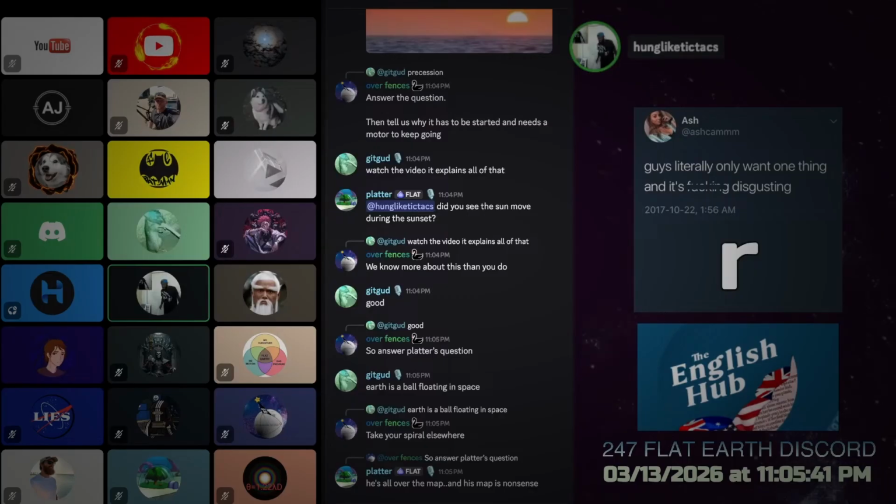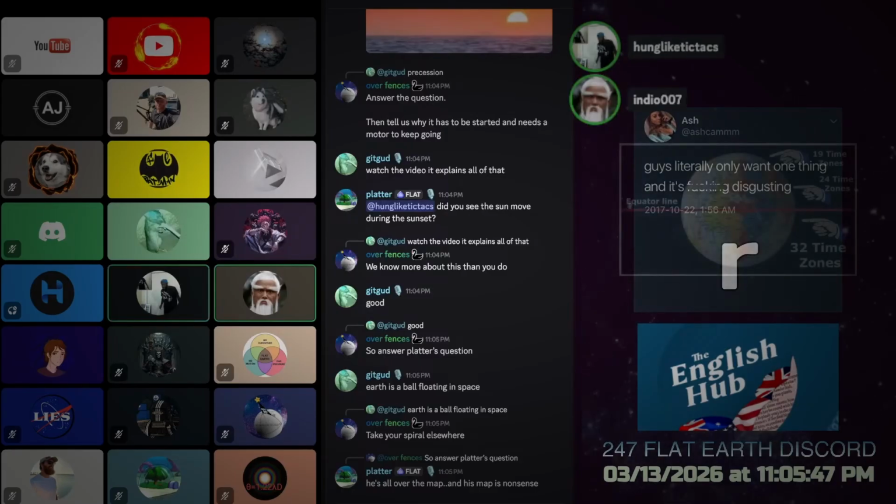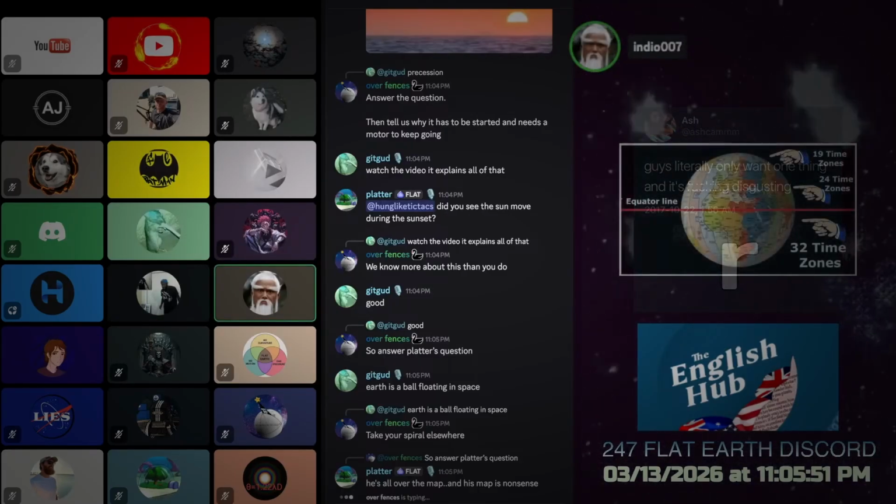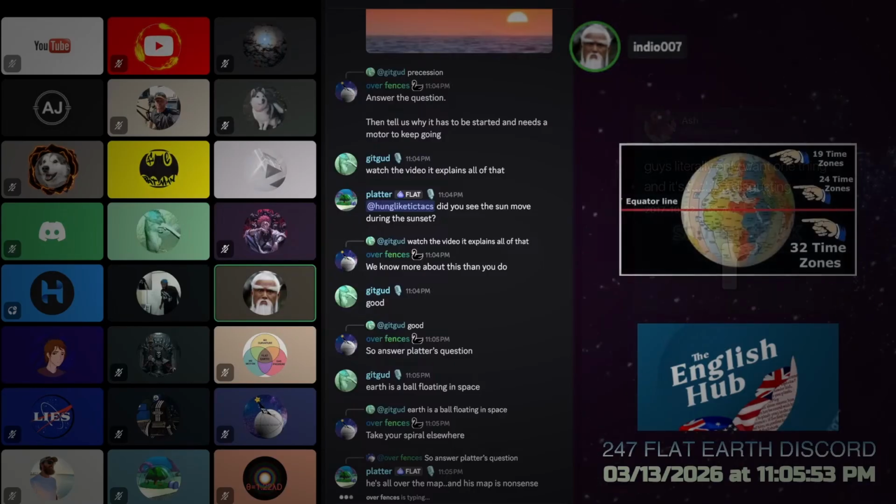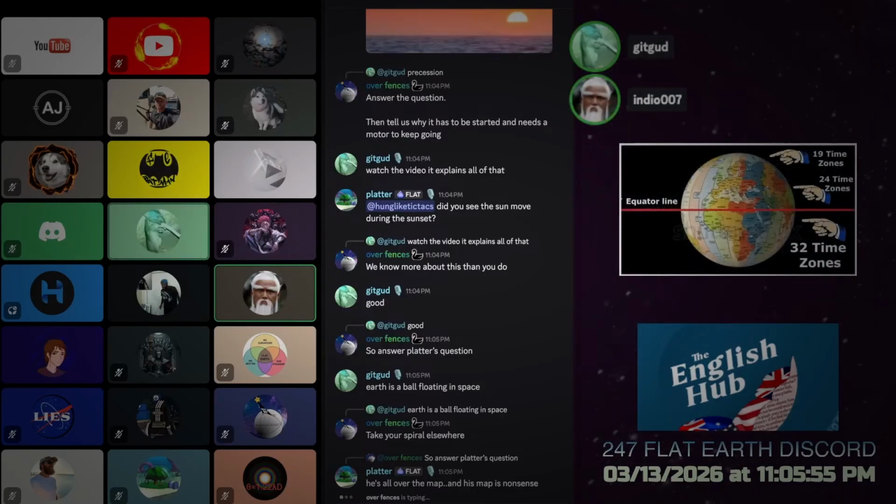You can see the weather down below, and you can cross-reference this, and you can track this with your own telescope. You can predict this. That's a lie. That is a lie. I've been listening to you Globers say that for almost a decade, and never once have you actually ever